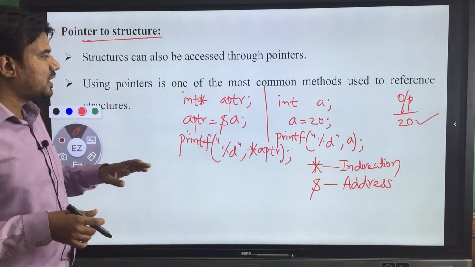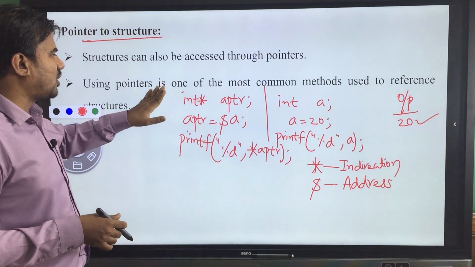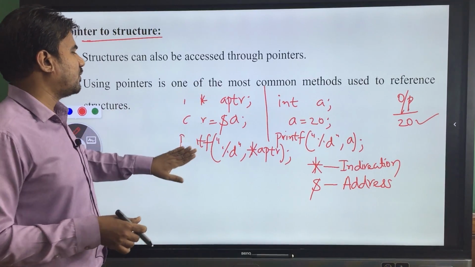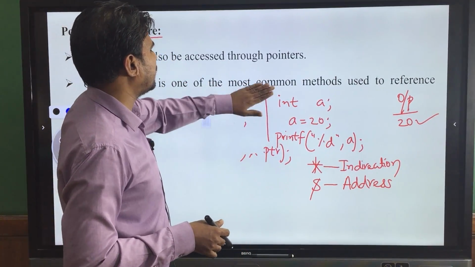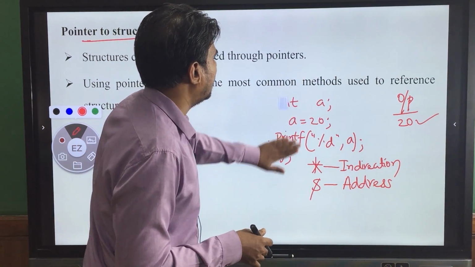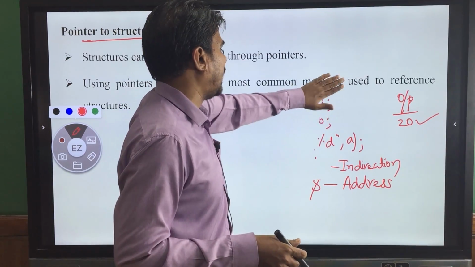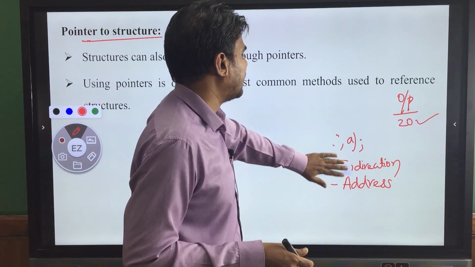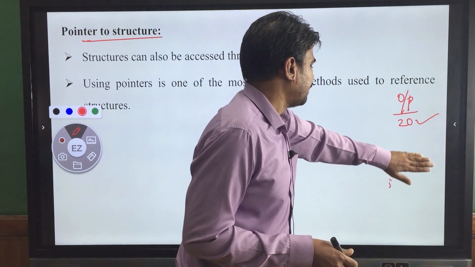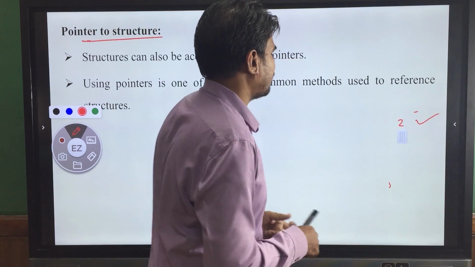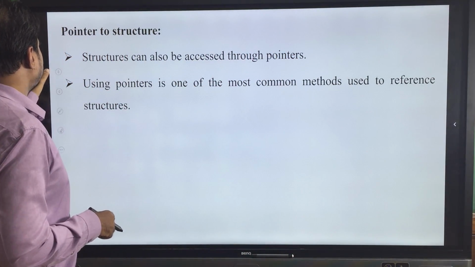Okay, so quickly after this we need to go for pointers to structures. Now we have an idea what a pointer is. We need to go for pointers to structures now. How we can declare a pointer to a structure, how it is helpful in our program development, and how it is an efficient way to access the structure elements when compared to regular variables. All those things we will see in today's session. Okay, so quickly, without wasting much time, let's see what exactly we have.